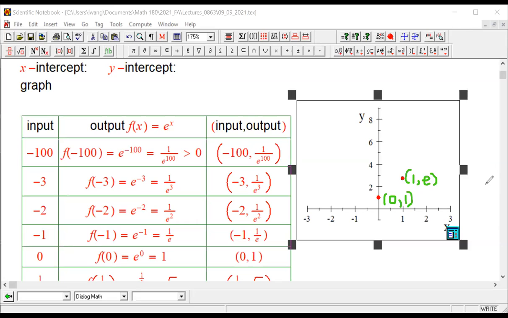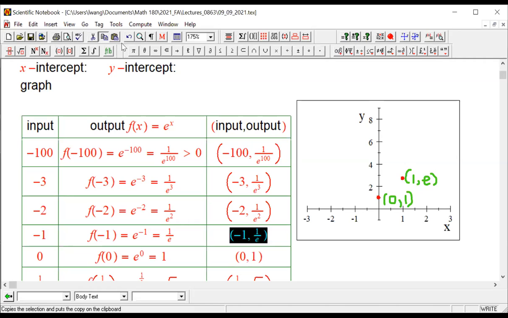Are you guys following me? So now, how about the rest of the points? Okay, so let's do another one. This one I'm going to do is -1 because I want to see some points for the negative input. I want to see the point for 0 input. I want to see some points for the positive input. This is typical. We just cover a little bit of every area and have an assessment, right? So this point I'm going to do is going to be